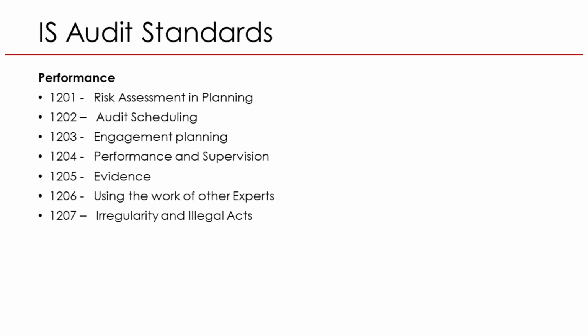Performance and supervision means all audit work must be properly directed and reviewed. For instance, a senior auditor reviews test results prepared by a junior before finalizing conclusions. 1205. Evidence stresses that every conclusion must be supported by sufficient and reliable proof, such as system logs, screenshots, or